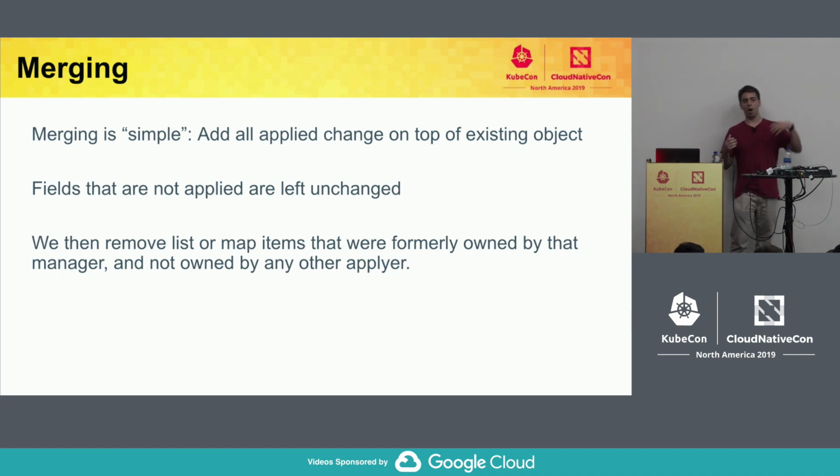So for example, if you had a container and you decide to change the container for another container, we need to realize that you removed the other container. So we can't just apply blindly. We have to find that you had this container before, you don't have it anymore, and nobody cares about this container. And we also have to do that across versions, which is pretty complicated.